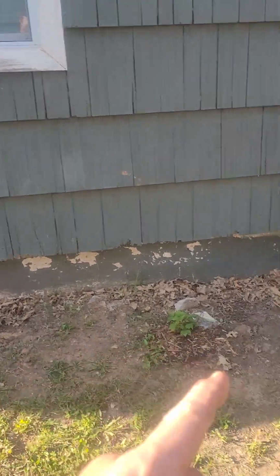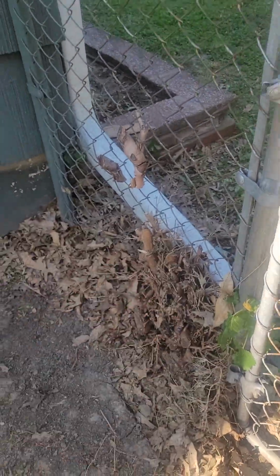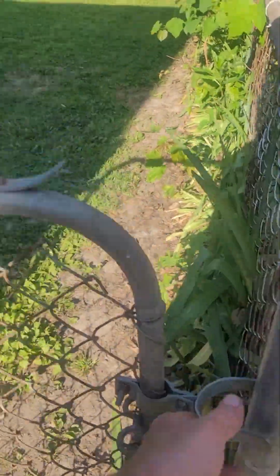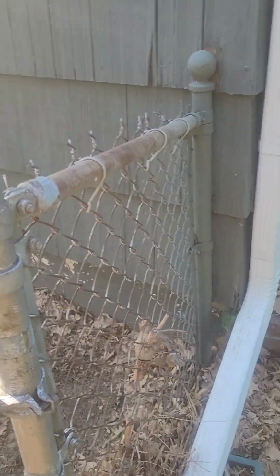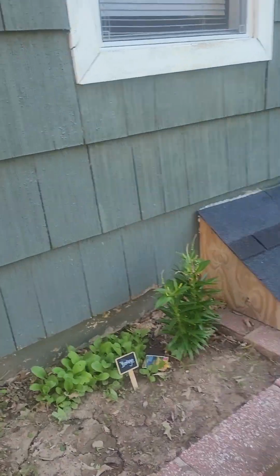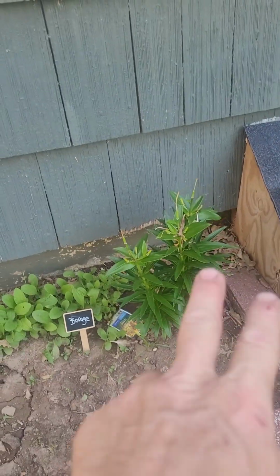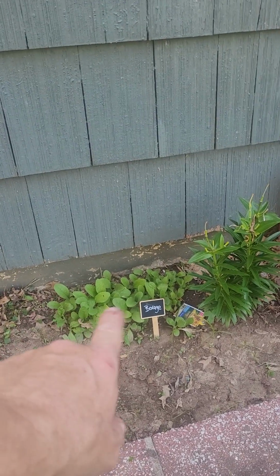When I first moved in, I've had to kill so much. They had all these junky plants, and so I'm going to be getting rid of all that stuff here and probably putting up a new fence here eventually. But again, I started as a rental, and it's coming along pretty well, but it's a lot of work, I'll tell you that. Here's some new lilies that I got, and I'm starting to do other things, plant borage,